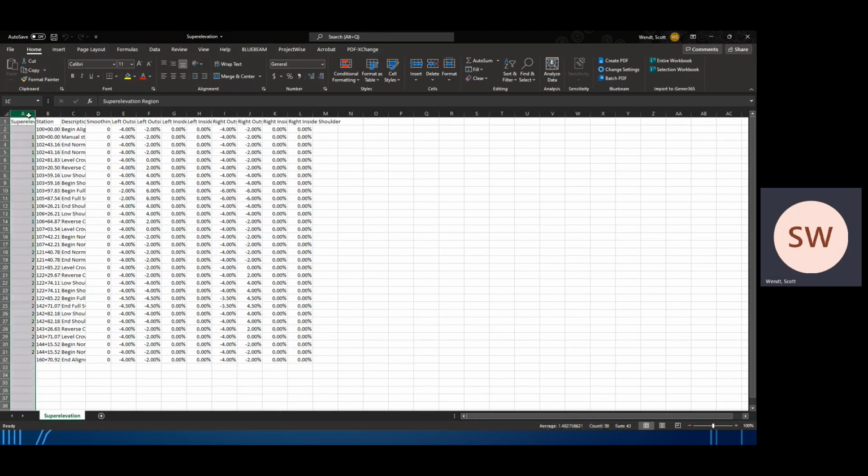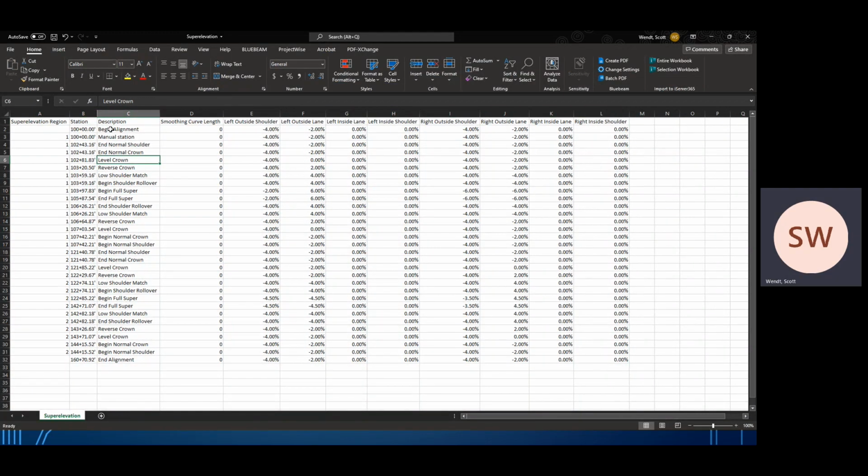So I can see here the values look similar to the tabular editor. We can see we had that issue before with the begin alignment. This was set at a different value. So we can export it, change that value, and re-import it. That will also fix it. But for now, to see